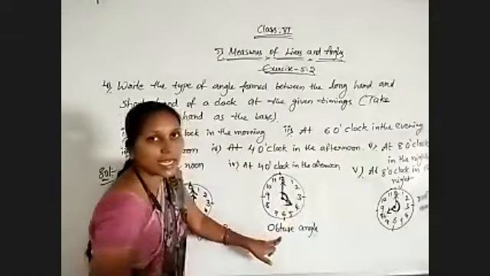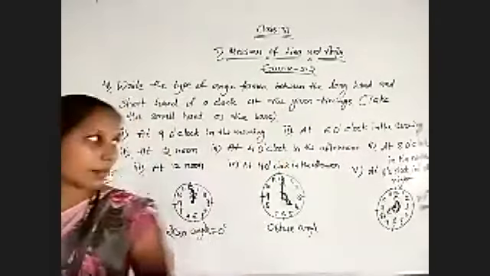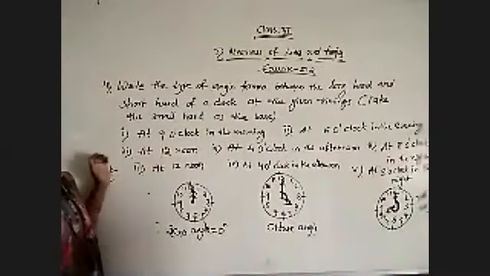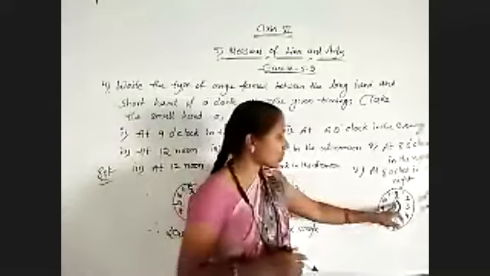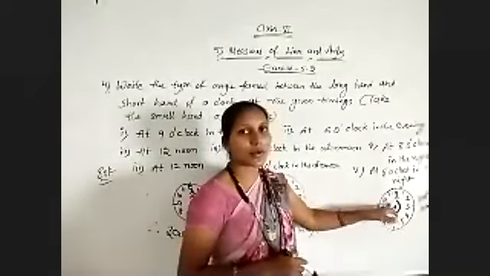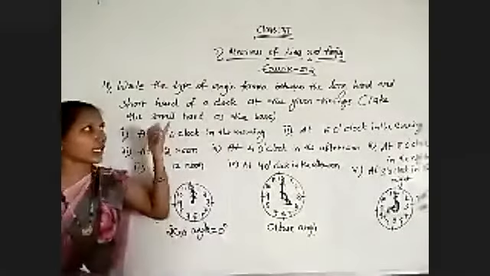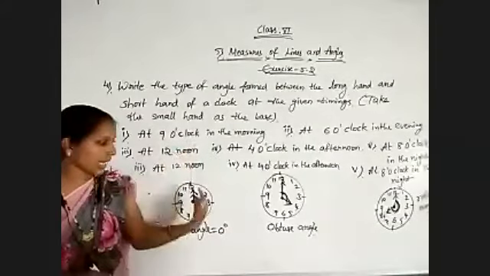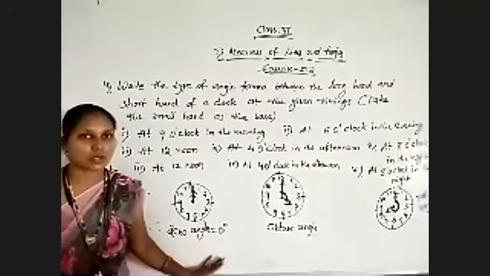And coming to the last question, at 8 o'clock night, complete rotation is over, side rotation. So this is more than 180 degrees, means it is a reflex angle. Okay, remember that. Night, afternoon, these timings also are important. If it is given as 8 o'clock in the morning, only this portion will be finished, so that comes under obtuse angle. Remember. I hope you understood. So whenever you get questions with timings like this, try to draw a rough figure compulsorily and write which type of angle is formed between those two hands of the clock.